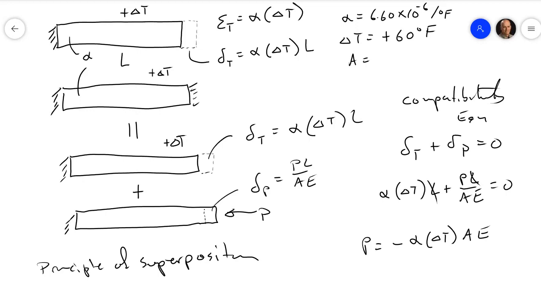Use an area of 0.25 square inches, and let's let this be steel, so 29 times 10 to the 6 pounds per inch squared for a modulus of elasticity. And so the load is going to be, the minus is for compression,